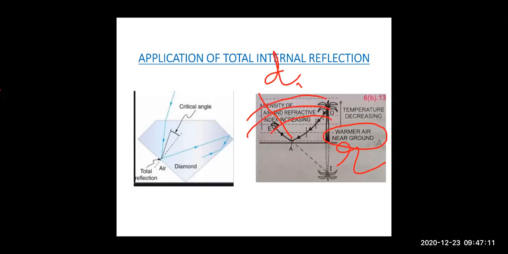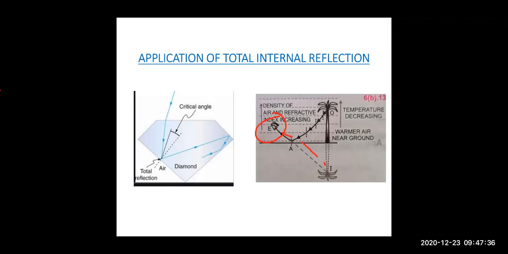It does not happen just once, it happens many times; there are many layers of air here, right? So through every layer the ray gets refracted, and when the angle of incidence becomes greater than the critical angle, total internal reflection takes place, and finally to the person who is standing over here,